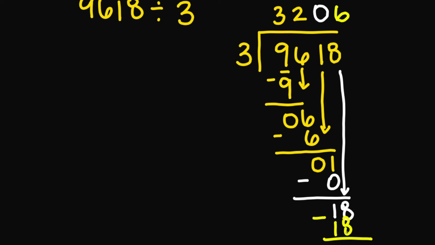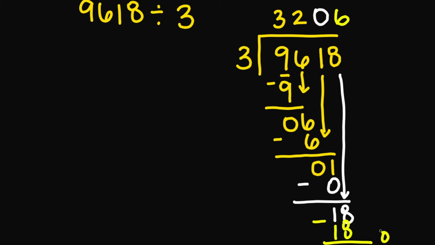And 18 minus 18 is going to be 0. So your quotient is 3,206. All right, what about 325 divided by 13? So 325